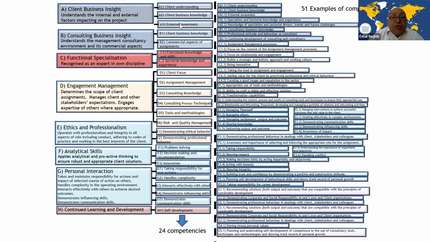The key area of focus in the assessment of the CMC candidates will be this column, 24 competences. So this will be our focus, or IMC's assessment process focus, to understand and assess the candidates. But on the right-hand side, we have full details described in the competence framework in the cells of the table, and these are the